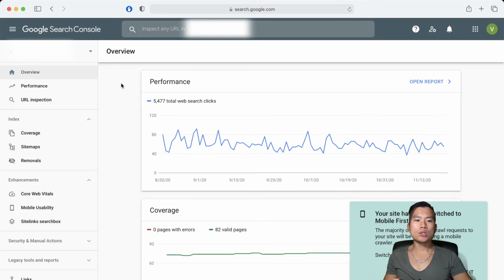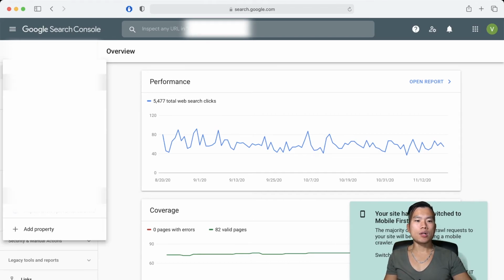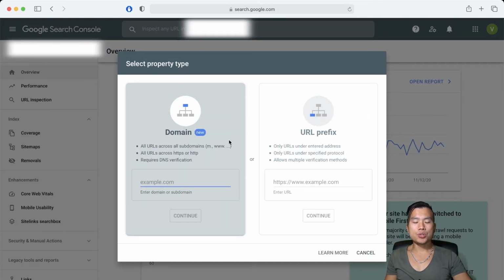So I'm now logged into my Google Search Console account, and I will click on this drop down and I will add a new property. And here I want to choose domain, because URL prefix is really old method how to track your website in Google Search Console. The new method will combine both HTTPS and HTTP traffic into one property inside Google Search Console. So I will fill in my domain name,